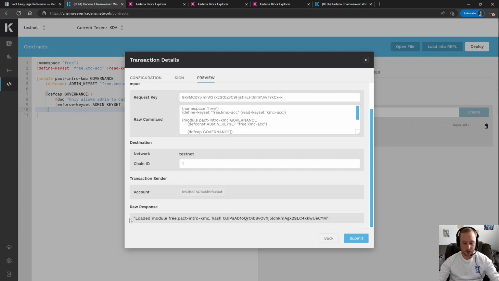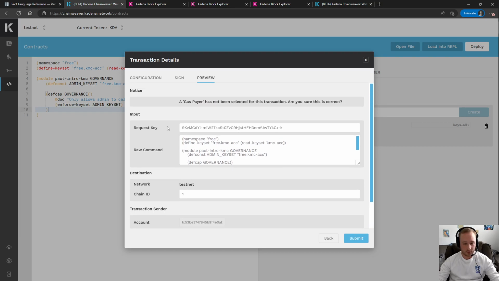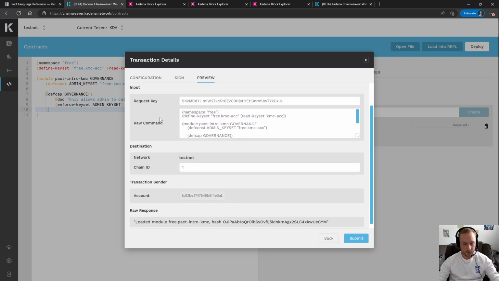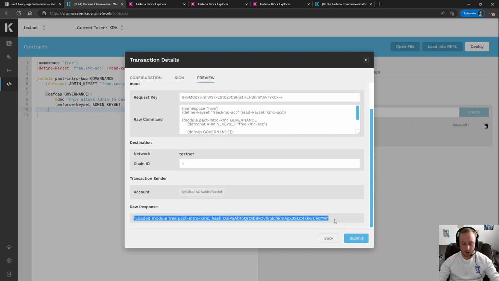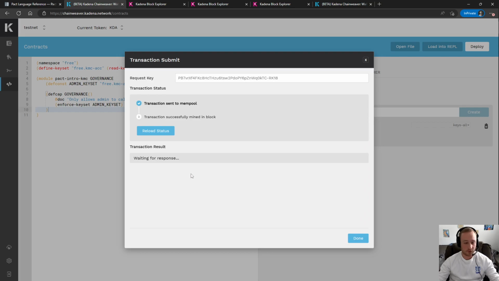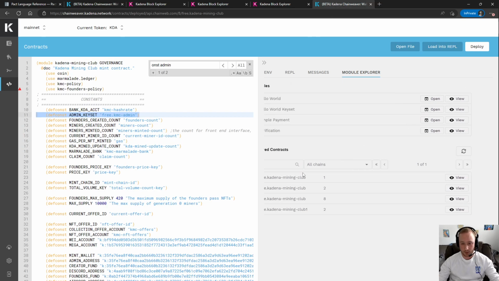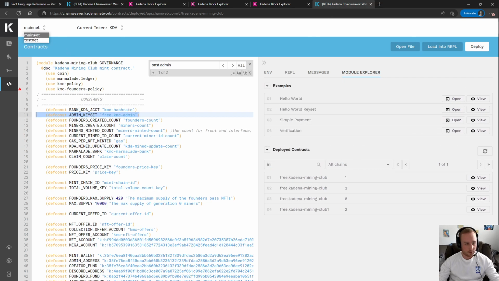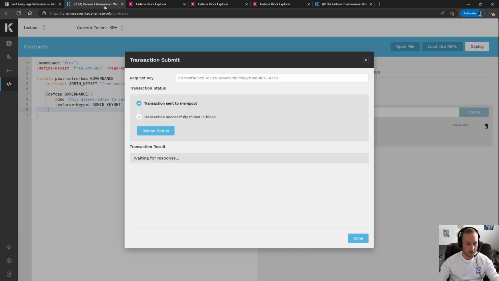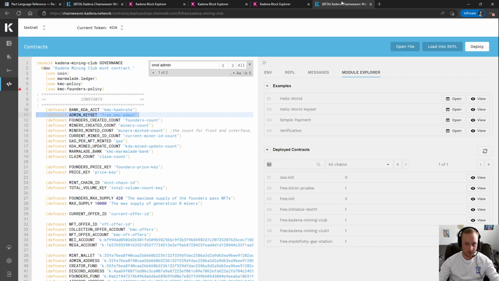All right, so we've got our raw response here, and that is saying that it's loaded the module, and our hash is this. We don't really need to pay attention to that right now, but that means that it's a success. So our module is functioning, and this will start appearing on the blockchain now. If we go back to our screen at the top here, we go to testnet, you'll see that our contract, which is called Pact Intro KMC,